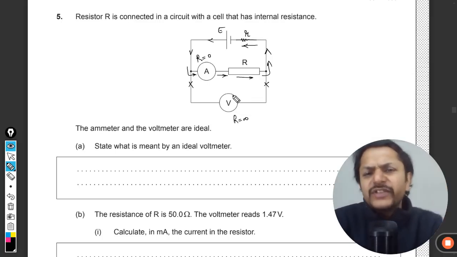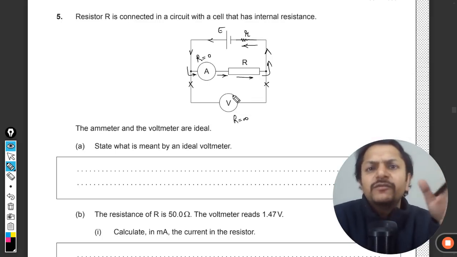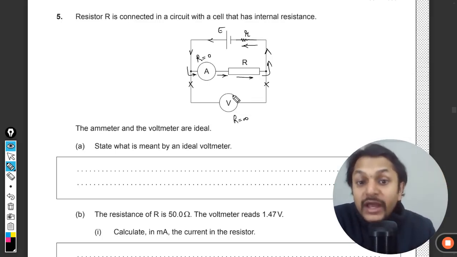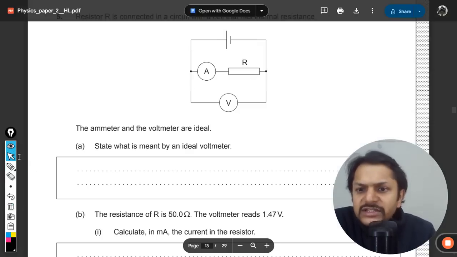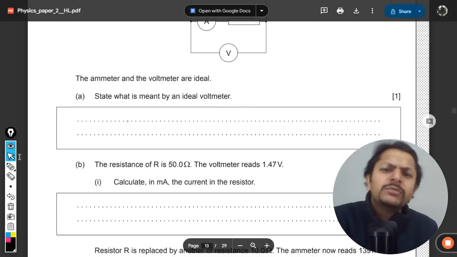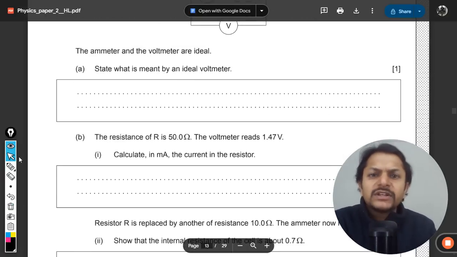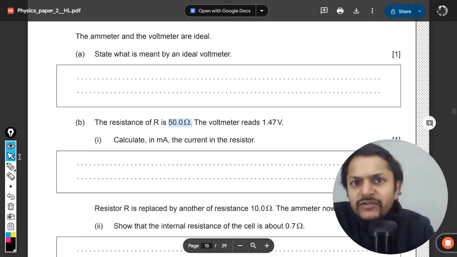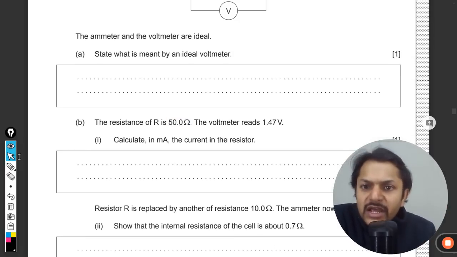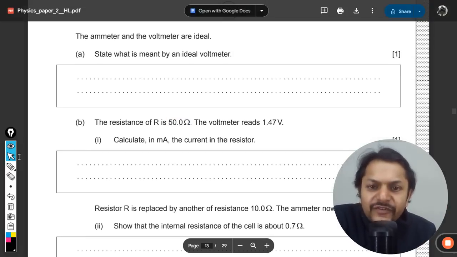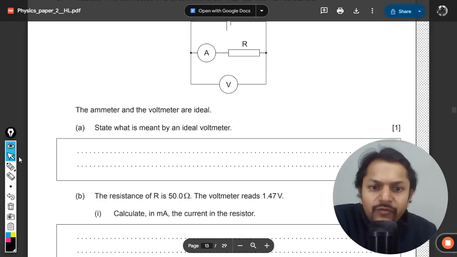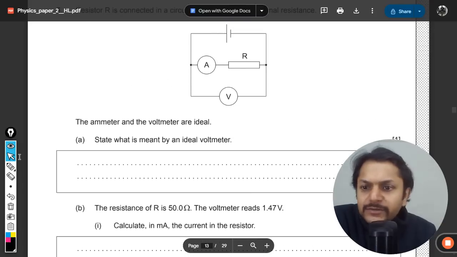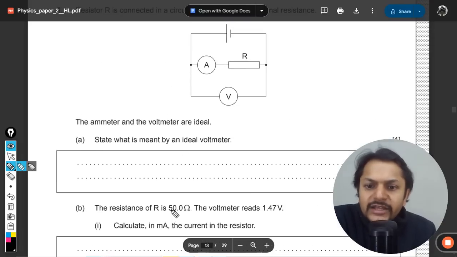These are a couple of things you have to remember whenever we are working with an ideal ammeter or ideal voltmeter. So this is done, and I will be showing you the mark scheme also, and then we will see what answer is given in the mark scheme for part A. Now the resistor R is 50 ohm and the voltmeter reads 1.47. Calculate the current. So the resistor R is 50 ohm